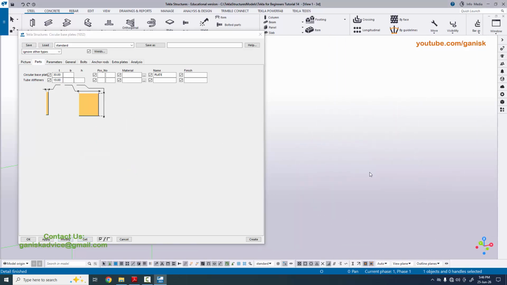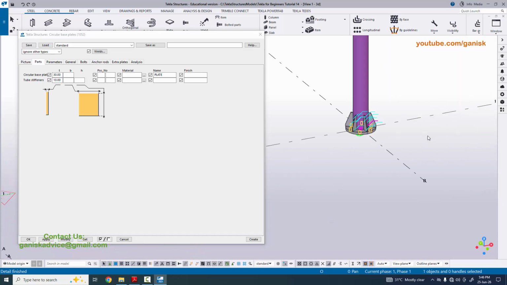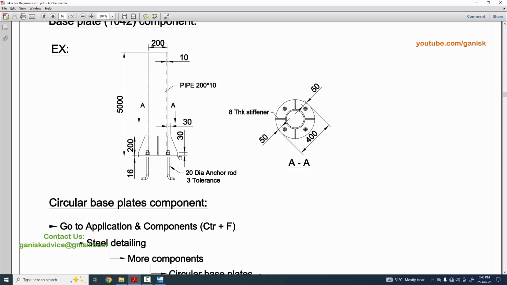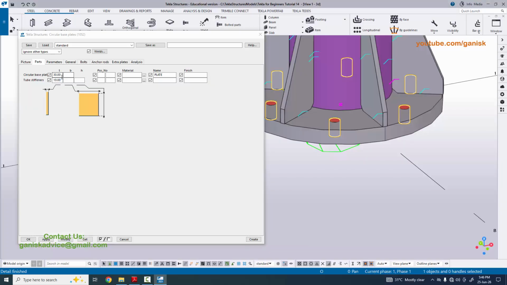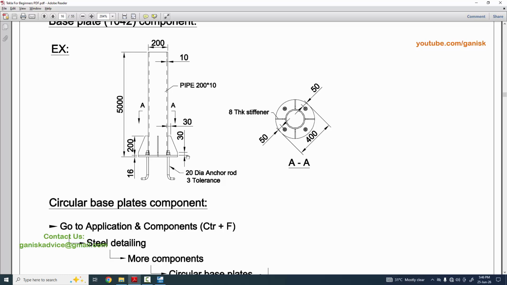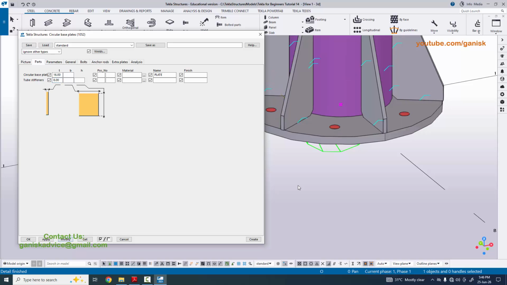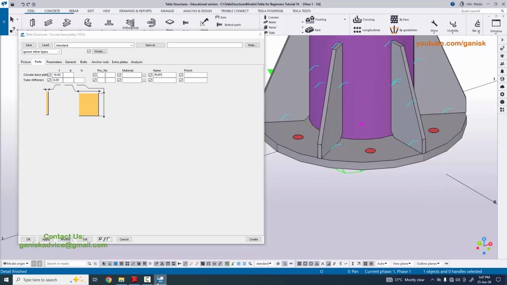In parts you can enter the base plate thickness here. In our example the thickness of this base plate is 16 millimeter, so we need to enter 16 here. And the stiffener thickness is 8 millimeter, so enter 8 millimeter here. Now click on modify to see the result like this. Now you can see in our procedure,